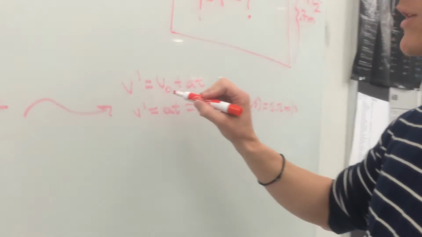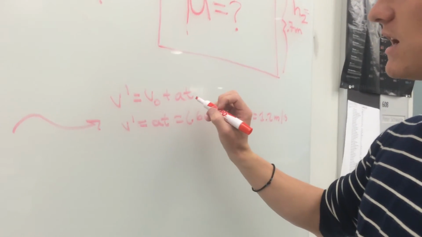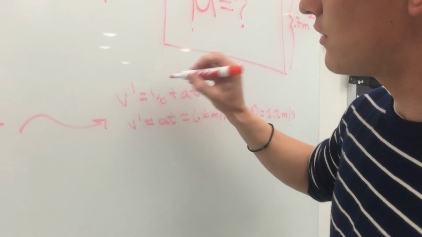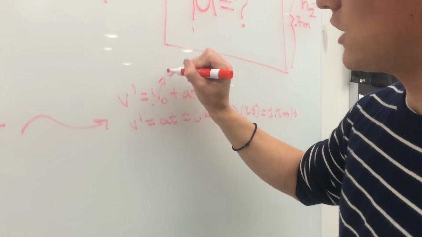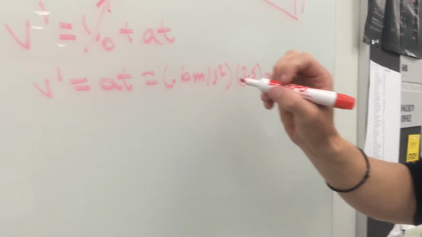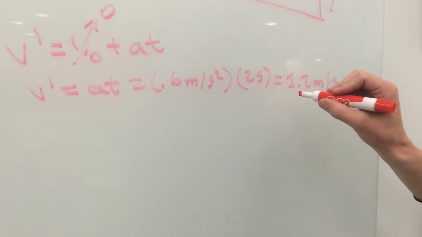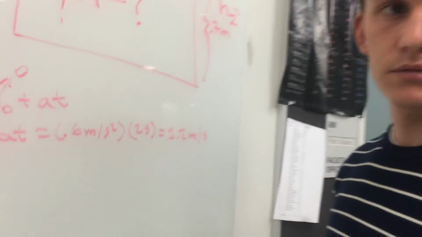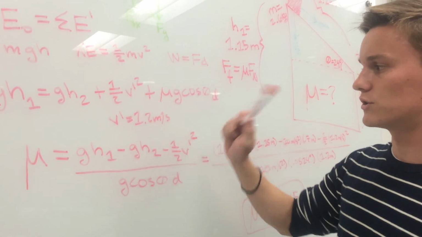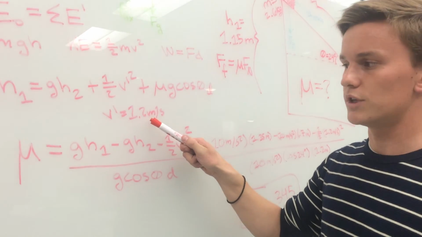Velocity final equals velocity initial plus acceleration times time. And you know that the initial velocity is 0. So velocity final equals acceleration times time, which when you solve it out comes to 1.2 meters per second. Alright, and from here, now that we've solved for the final velocity, which is 1.2 meters per second,